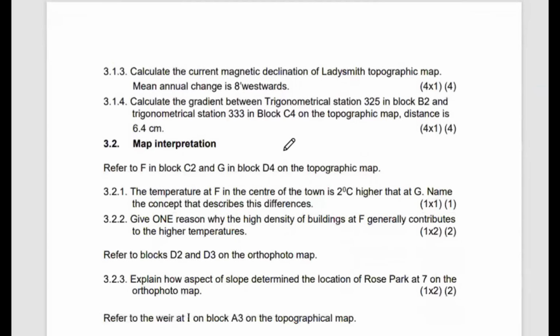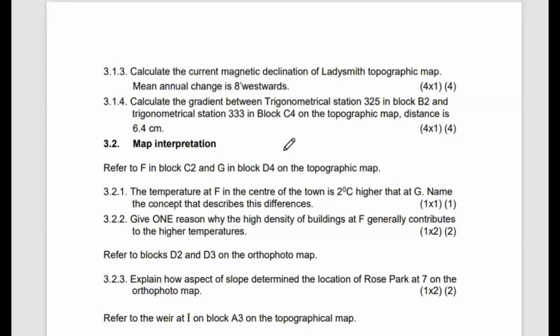It says, calculate the current magnetic declination of Fred Smith on the topographic map. You are supposed to use the map information to calculate the current magnetic declination. You use the map information and you follow the steps of calculation using the mean annual change of 8. So from the year on the map, you need to calculate the difference in years from the current year